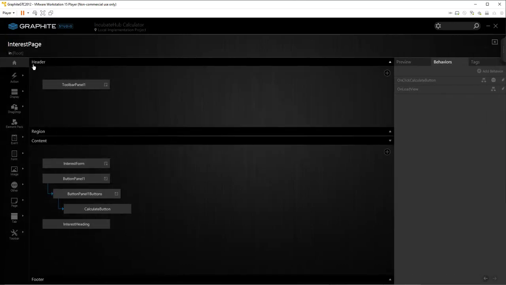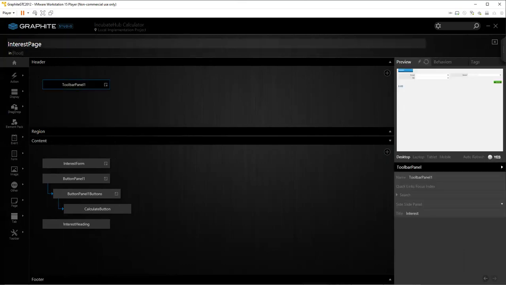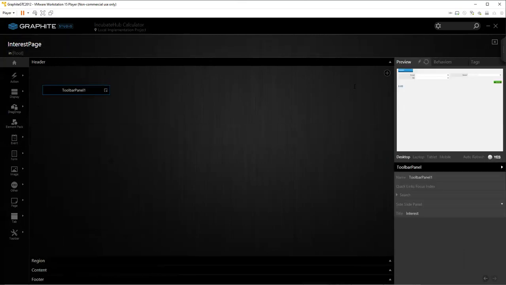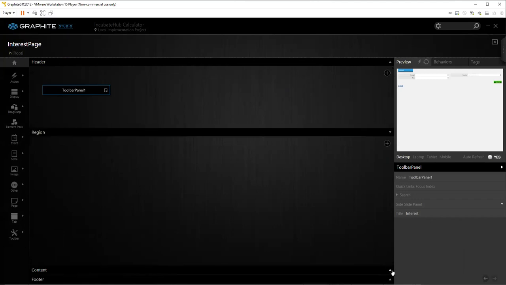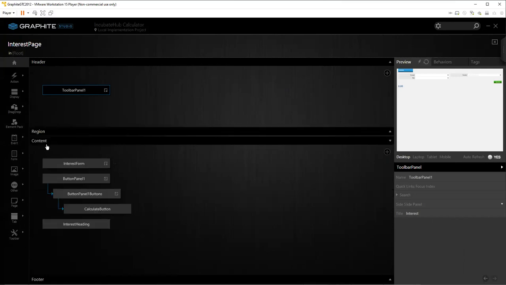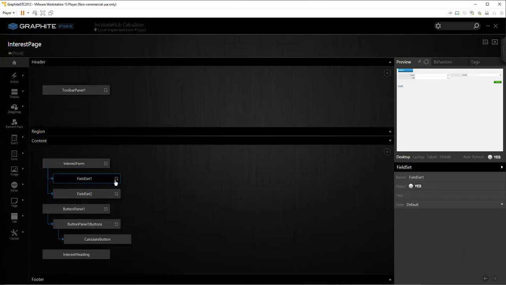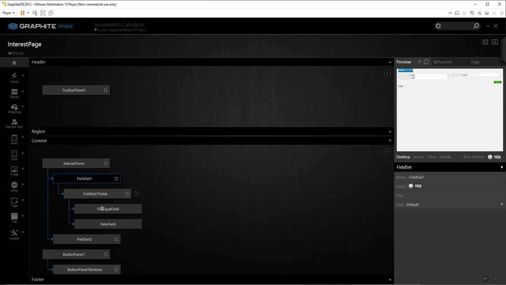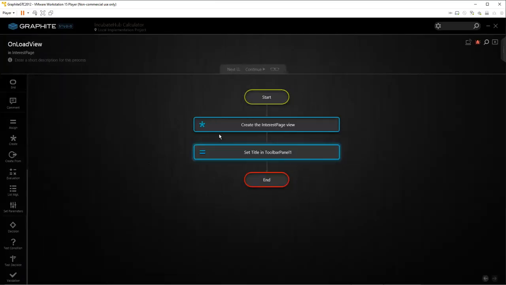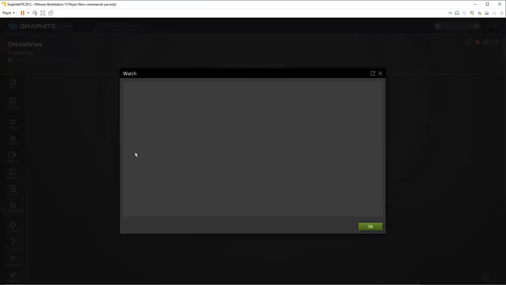There's your page. You have the header, which has toolbar panel. You have the content. Oops, sorry. I can click on this. My fault. Content has interest form, which has two field sets. The first field set has field set one fields, which has two fields. Sorry. So when we go back to that breakpoint and look at that variable again,